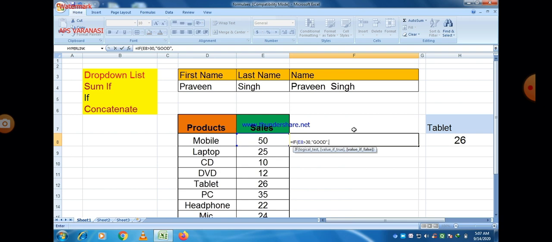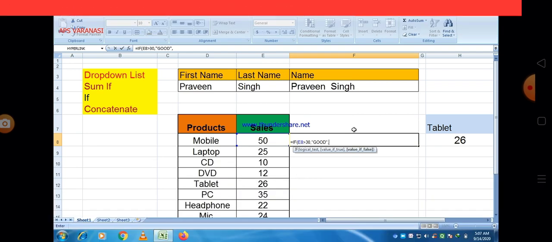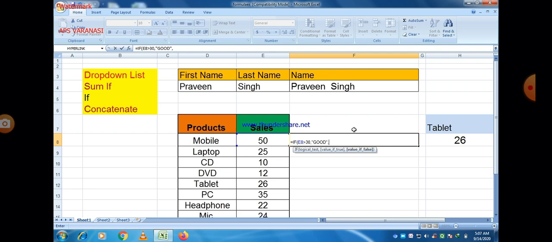So suppose I give "good" as a string. And why is it a string here? Because you can easily see that this string is represented within double quotation marks. Whatever you write within double quotation marks is considered a string. A string is nothing but a set of characters. So here the string is good. You can also write a name or anything else, like your address. That is also considered a string when you write it within double quotation marks. Even if you write a number within double quotation marks, it is also considered a string. So a string is nothing but a set of characters, and whatever you write within double quotation marks is considered a string.